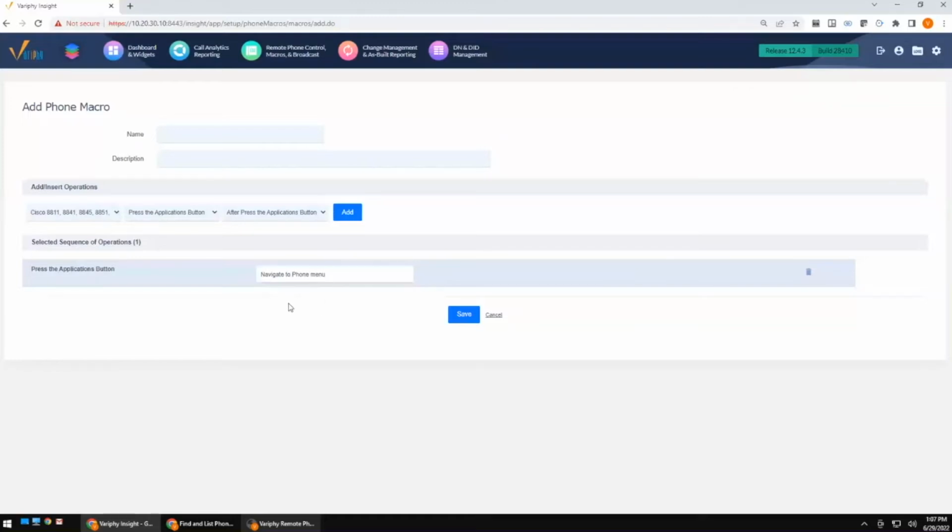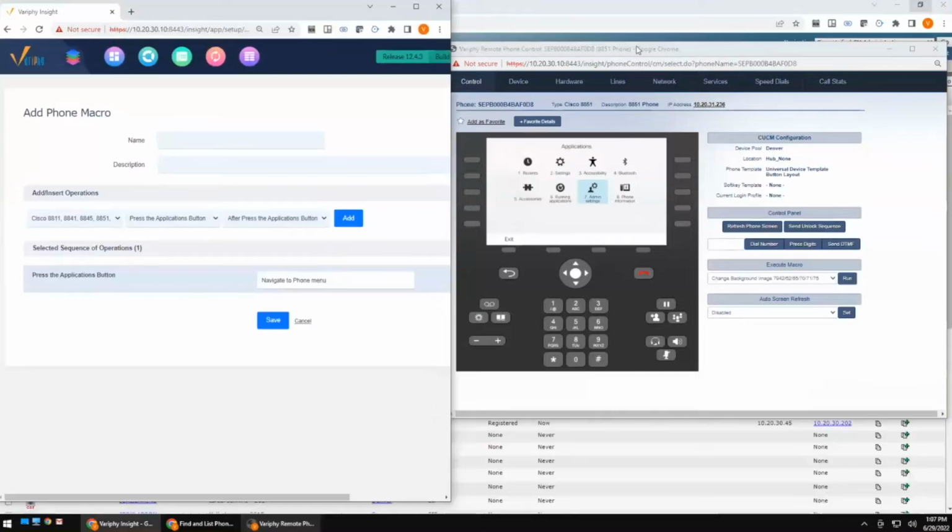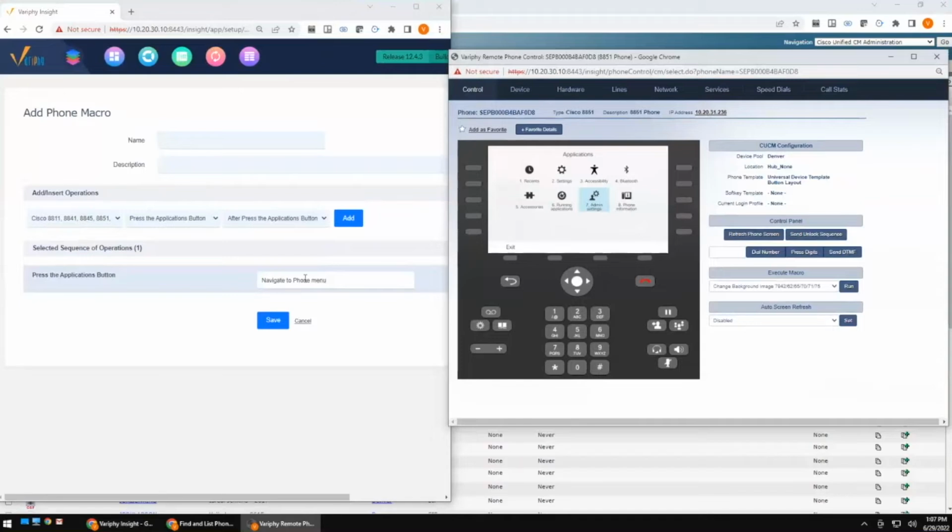All right, so now we've accomplished step number one. I'm just going to pop back over, and let me see if I can get both of these on one screen without having to go back and forth here. There we go. So now we are in our application settings. The next thing we need to do is get into our administrative settings, because that's where we're going to be able to find our security settings and our reset. So the next thing I'm going to do is hit number 7 on my keypad here, and you'll see that's going to take us right into the menu here for reset settings.